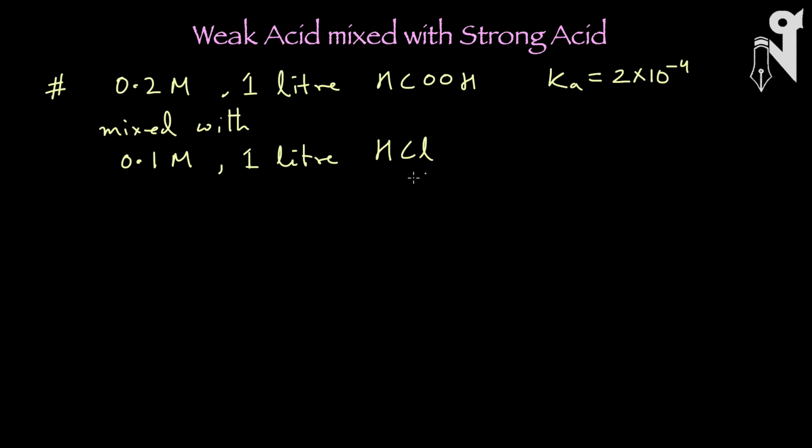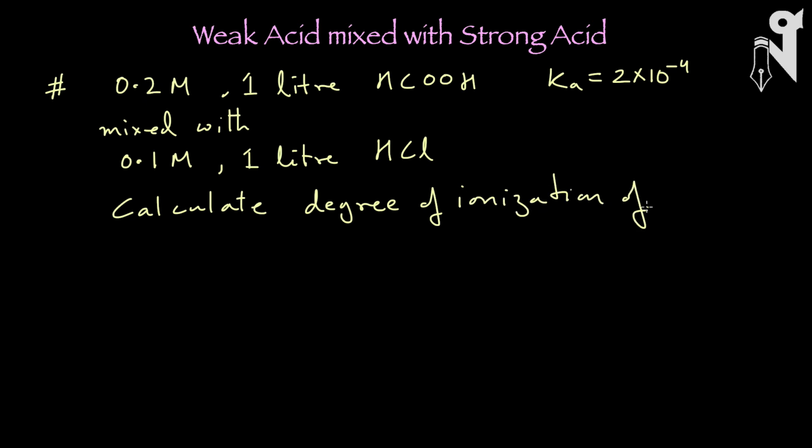So one acid is mixed with the other one, so there is no reaction going on, and the question is: find or calculate the degree of dissociation or degree of ionization of formic acid. So this is what is asked. Now how to go about it? Since we are in a learning process, I am going to guide you with the answer. But really I have taken a value over here such that I can ask you some logical question. Let me ask that logical question.